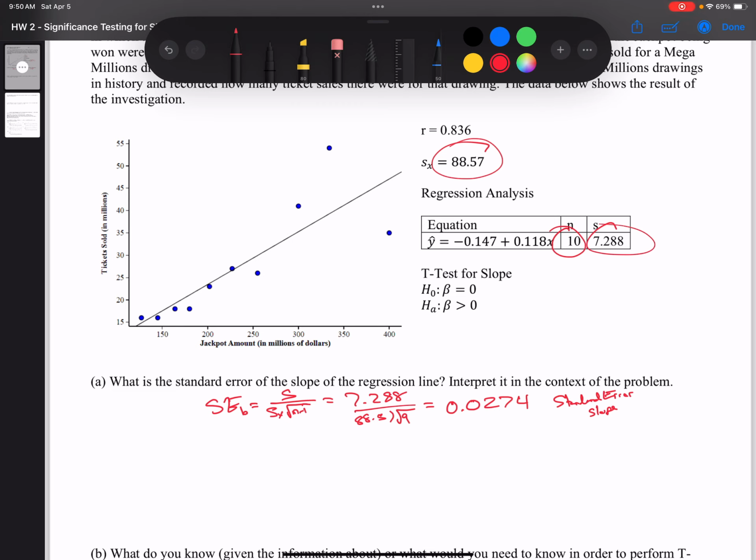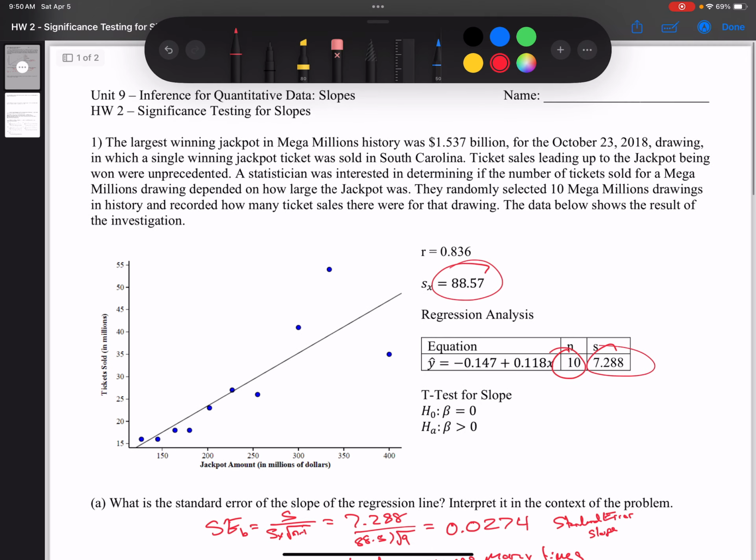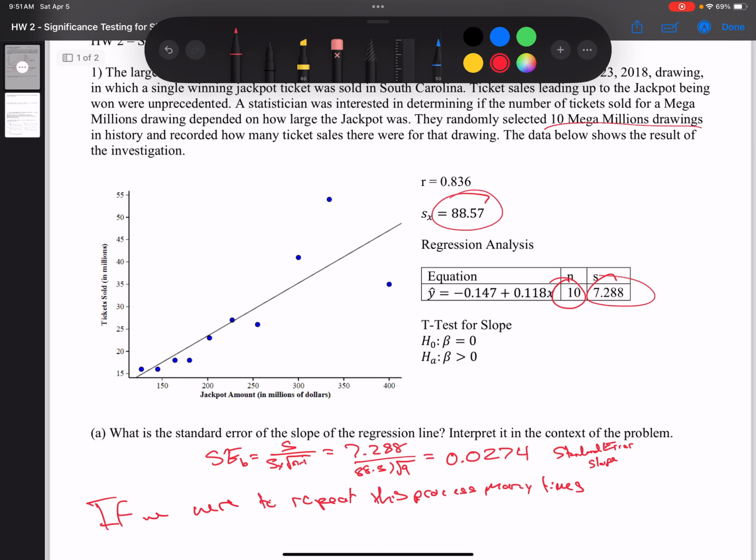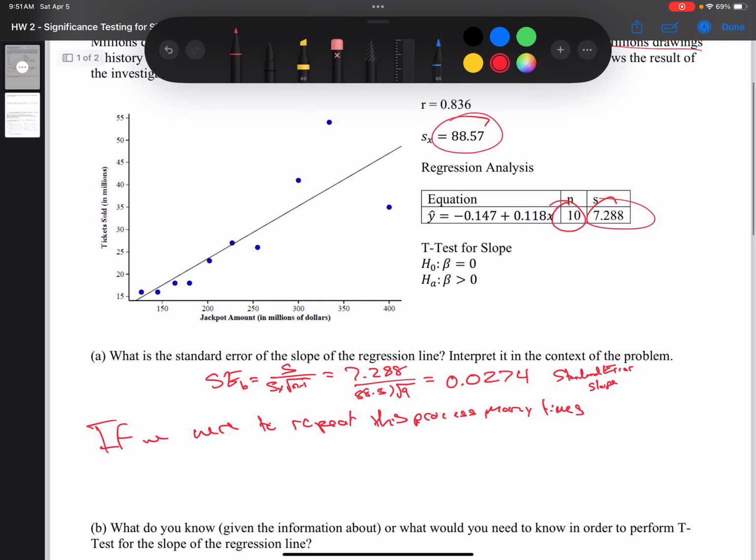Okay, so the interpretation is going to be something like, if we were to repeat this process many times. And what process are we talking about? We're talking about the situation where we're looking at 10 Mega Millions drawings in history and recorded how the ticket sales were for that drawing. So if we repeat that process of randomly selecting 10 new drawings,